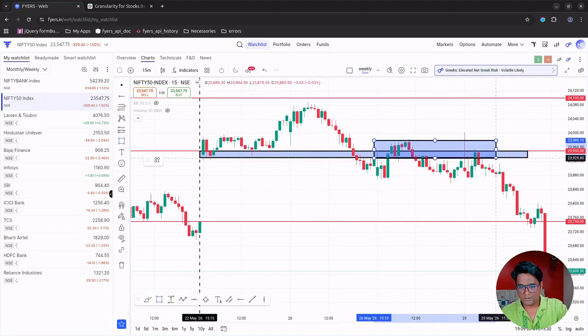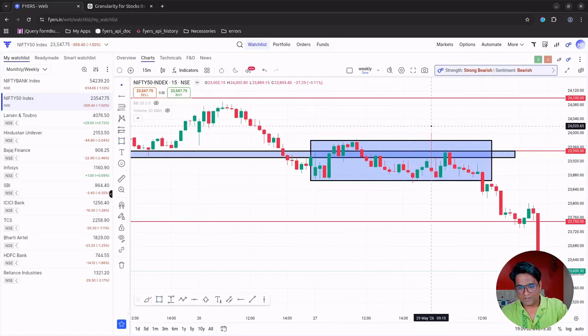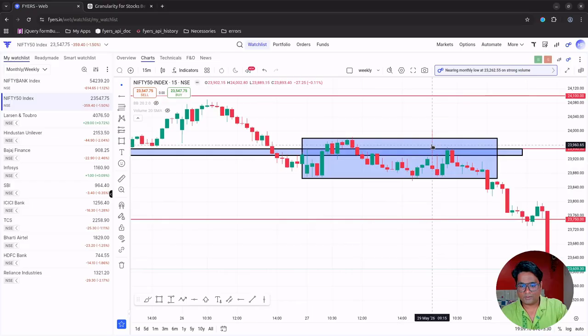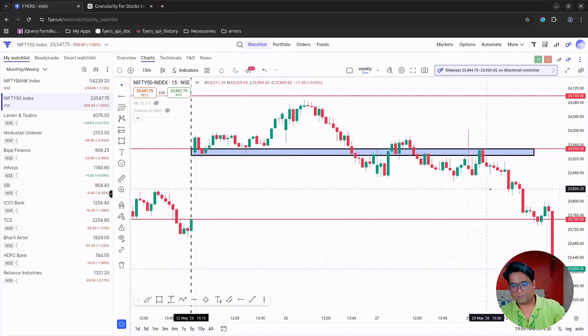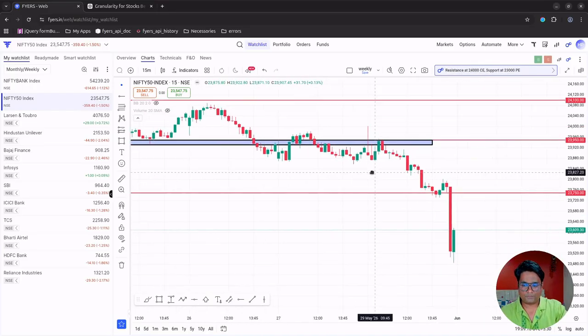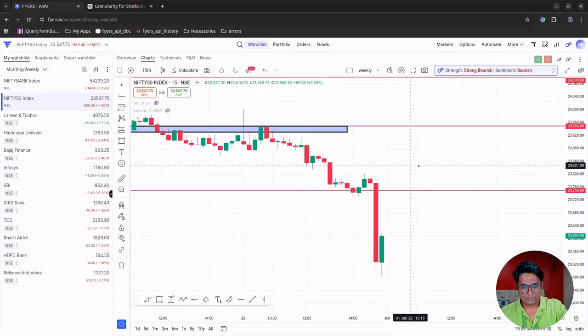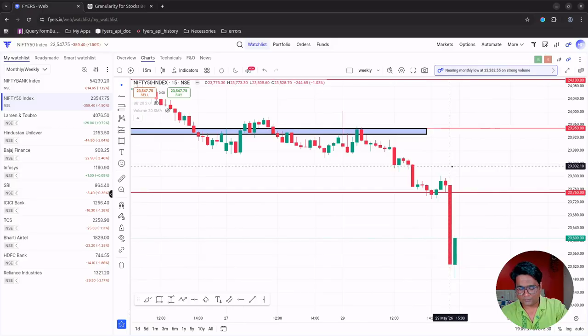This is a consolidation, but this candle right here, an inverted hammer, was confirming. This inverted hammer confirmed the downward momentum, and the market just dropped. You can see it took resistance right here at 23,750. But this candle at 3 o'clock made a huge bearish move. This candle was something because of news, I think.